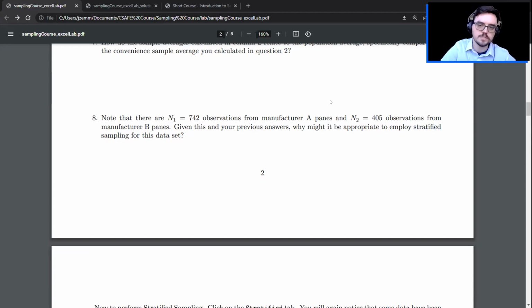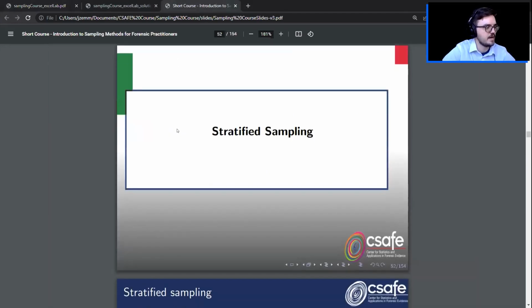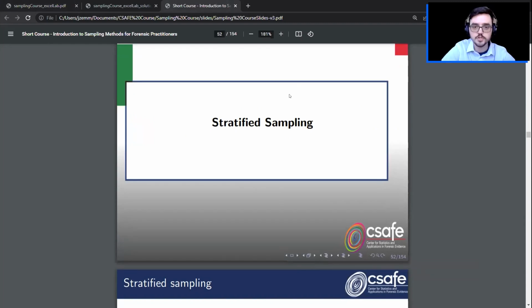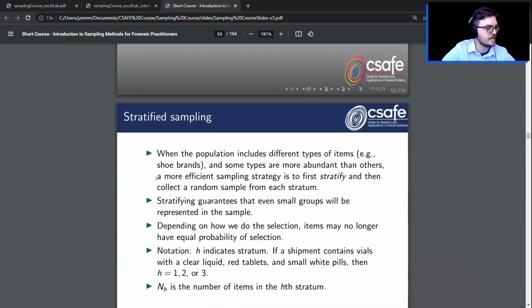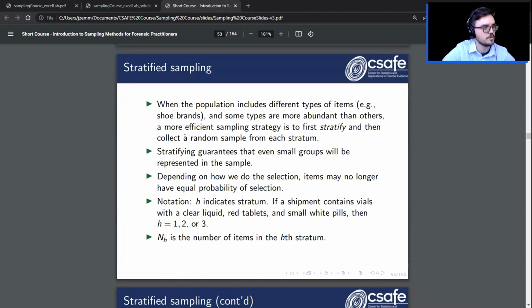Okay, so stratified sampling was a technique that we talked about in the notes. So I'm going to go ahead and show you where in the slides you can find this information. Starting on slide 52 of the notes, take a look at the slide immediately afterwards. This slide discusses when stratified sampling is an appropriate random sampling strategy as opposed to simple random sampling. In particular, this first bullet point says, when the population includes different types of items and some types are